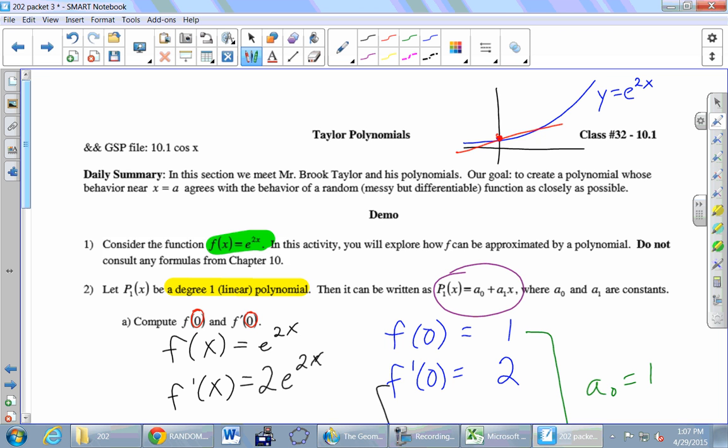Okay, so yes, we can differentiate and integrate e to the 2x. But suppose that we gave you something like this, e to the 2x over x, and asked you to integrate that. We actually do have a technique that we could use, but this is not an easy integral, right? It's not just immediately, oh yeah, sure, no problem. But if instead I could cross off e to the 2x and put a polynomial up there that's pretty close to e to the 2x, like I'll just make something up, x squared minus x plus 2. Let's just say that that's